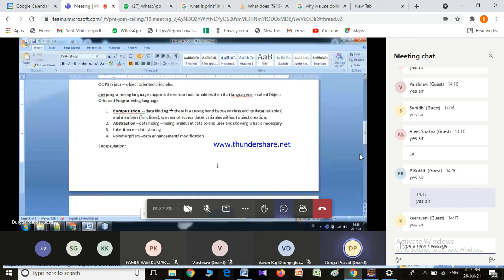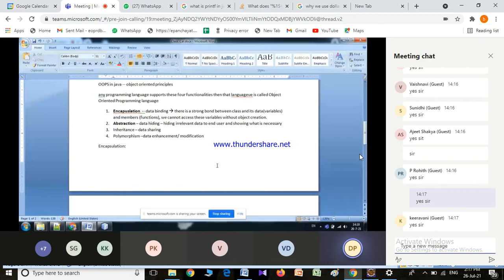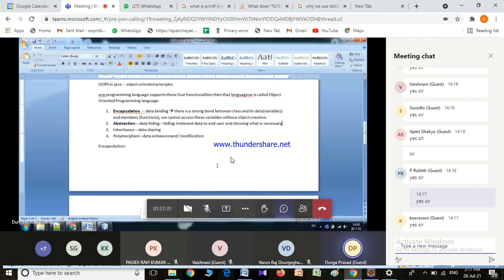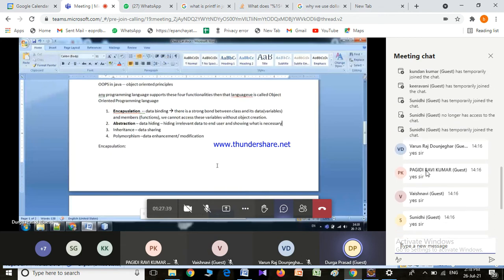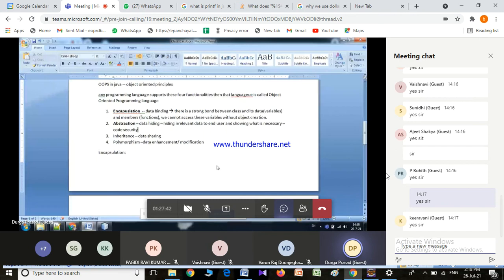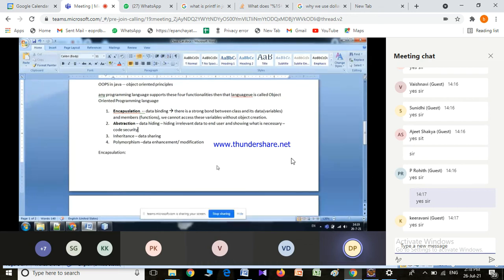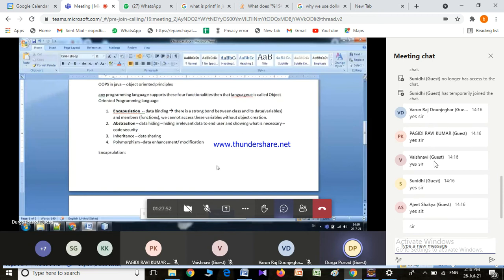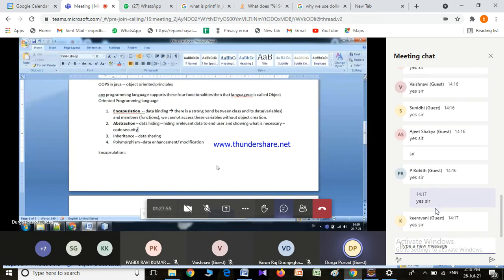Coming to abstraction, it means irrelevant details are hidden, and only the relevant details, whatever is required for the user to know, are given. This is from a code security point of view; only relevant details will be exposed to the employees. This will be achieved by using the class file. As we discussed earlier, the class file is machine-readable code, so humans will not be able to modify the code inside the class file. Whatever you write inside the class file will be executable only by the machine. It will not be human understandable.